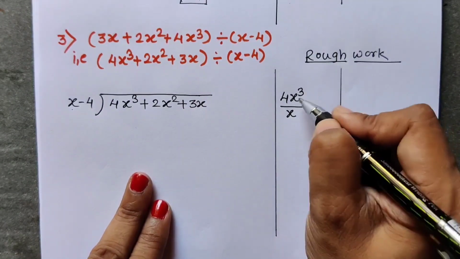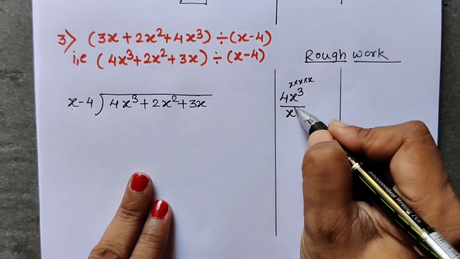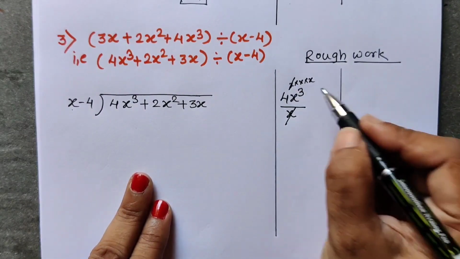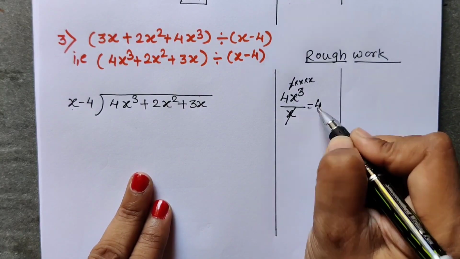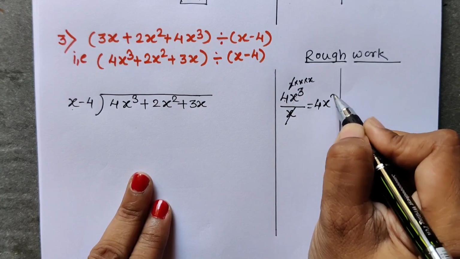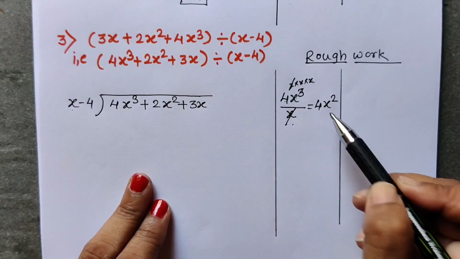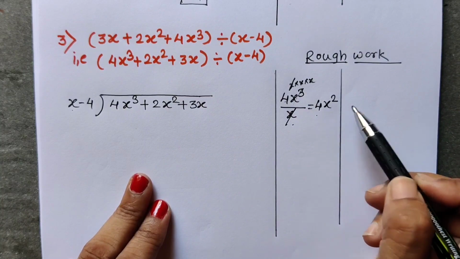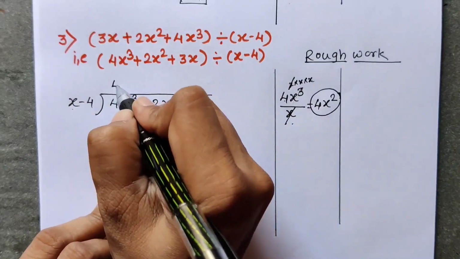Now x cube means x into x into x, 3 times. So 1x cancels with 1x, and 4 remains, so 4x square. When we divide 4x cube by x, we get 4x square. This 4x square we write in the quotient,